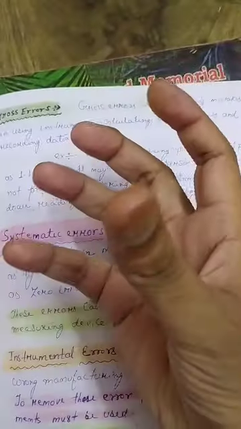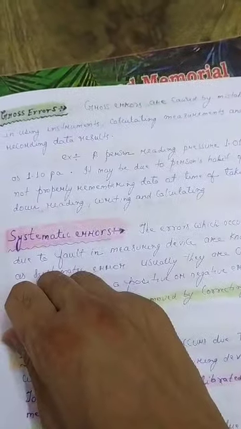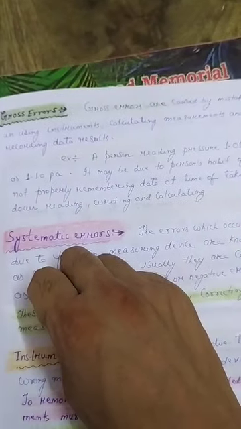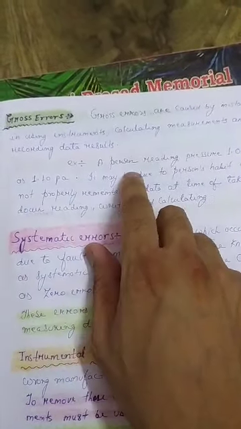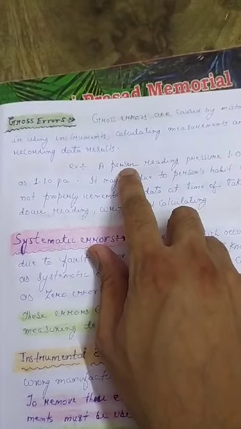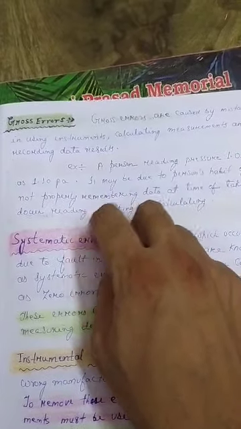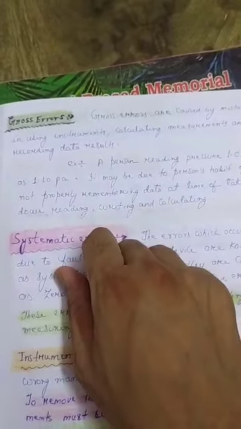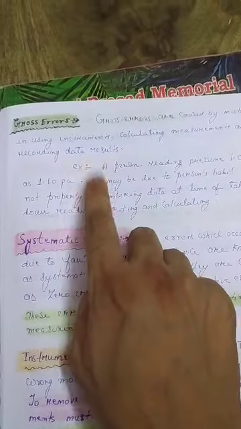Means while reading, for example, I am using an electronic balance. You have seen in the shops, you went to take sugar or potato, and you are taking 5 kilo potato, right? So instead of 5 you wrote 6. Actual how much it was? 5 kilogram. But while writing you wrote 6. That is committed by you. While writing you are recording a wrong result. That error is known as gross error.